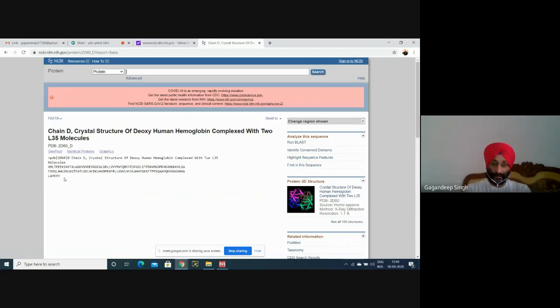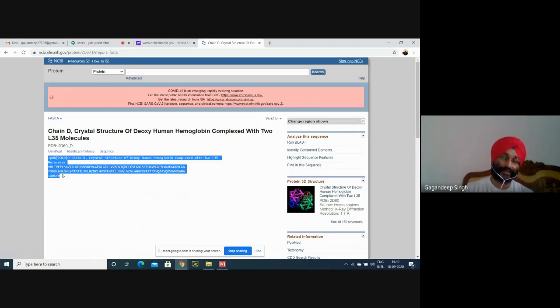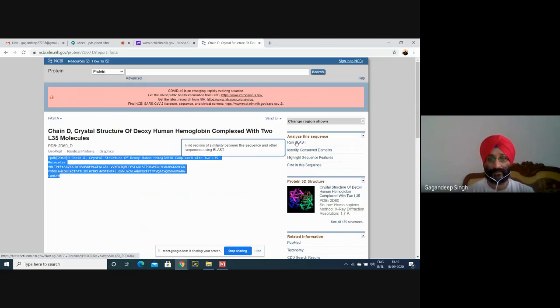Now, what is the most similar sequence with this sequence that we have just extracted? First of all, we'll select the sequence, then copy the sequence for BLAST alignment. But also you can run BLAST from there.